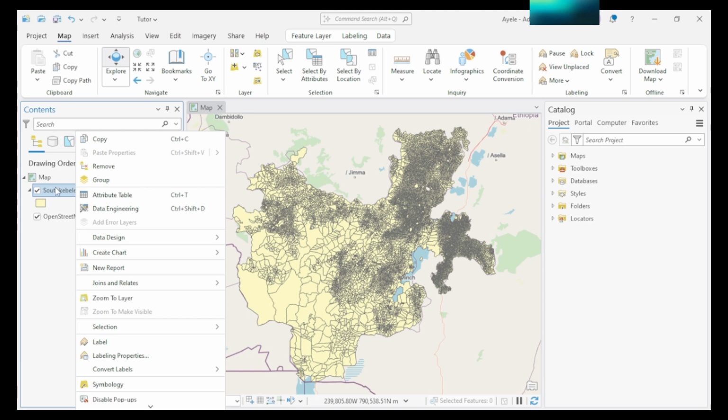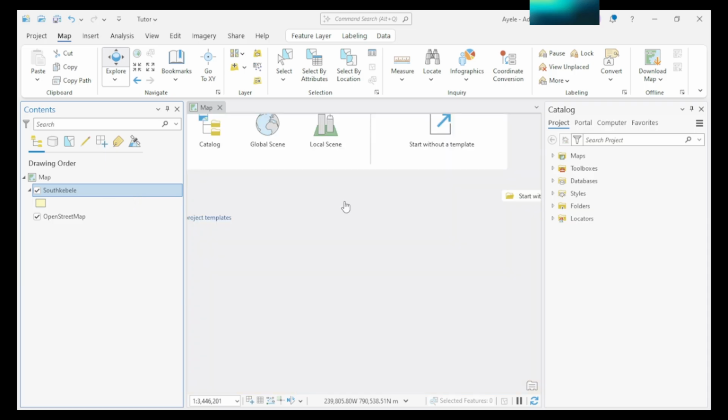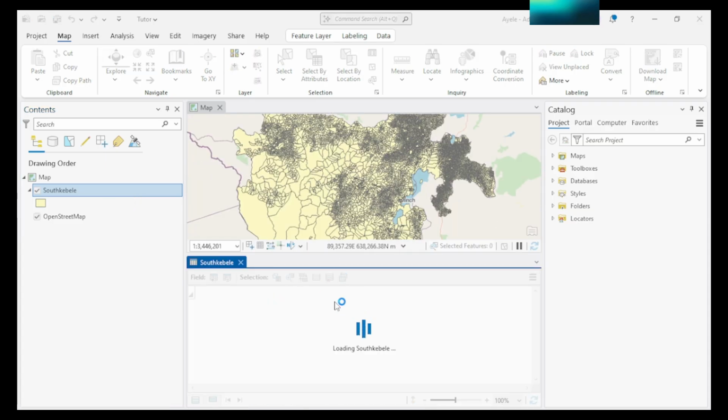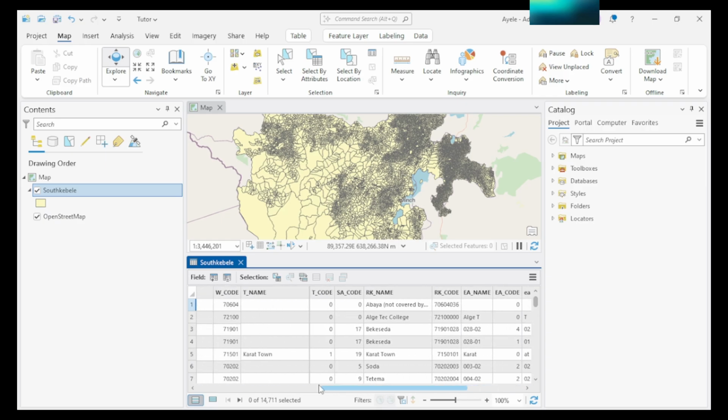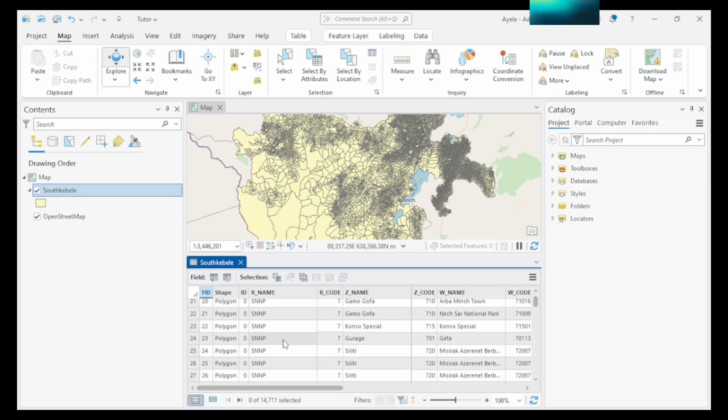This vector data you can right click and check if you want to copy, remove, paste, properties, group if you have another layer, and you can check your attribute table. It's a very important part of opening your data in any GIS software and checking your data content, what the attribute values are.